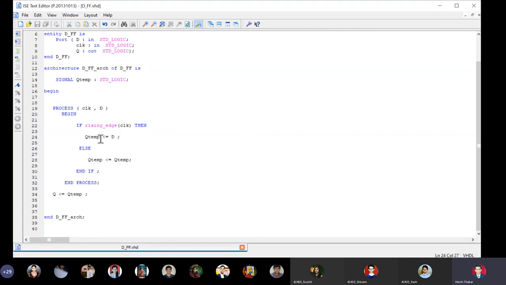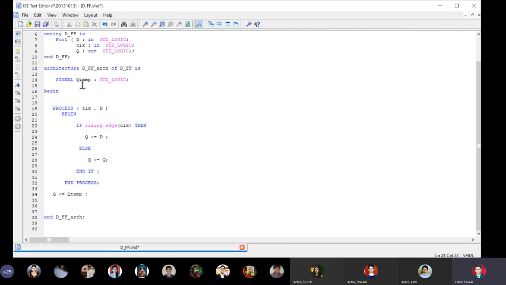Now, as I told you, if I would have written Q here, then that was not a problem. So Q can always get D. Writing Q is assigned D is perfectly correct, because to the left side of the assignment operator, I am having an output signal, and to the right side of the assignment operator, I am having an input signal. So this is according to the language. But if I want to tell that Q remembers itself or no change, then I write Q is assigned Q, which is not allowed, because in this case, the signal to the right of the assignment operator becomes an output signal, which is not allowed.